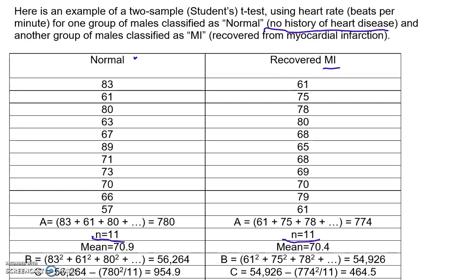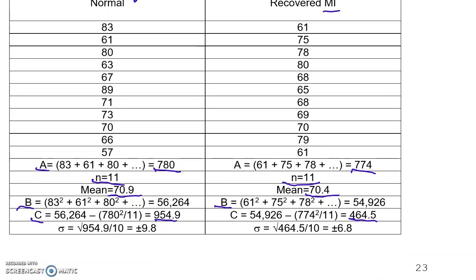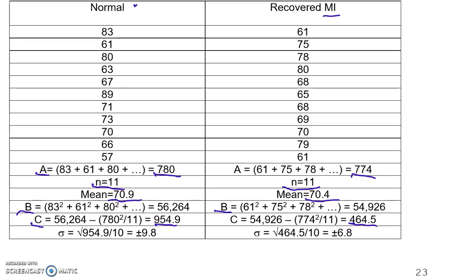data points, the 11 data points. So you will add them up. That's A. So that will give you the sum of the data. That's 780 versus 774. And the average is 70.9 and 70.4 here. Then you calculate your B. That's the sum of the squares of the values. And then you calculate your C, where you're comparing the sum of the squares versus the square of the sum, and you subtract that, and then you find your C value, and that's this one right here for the 2 respective groups. And then you calculate your sigma, which is sort of how much variation you have in your sample,